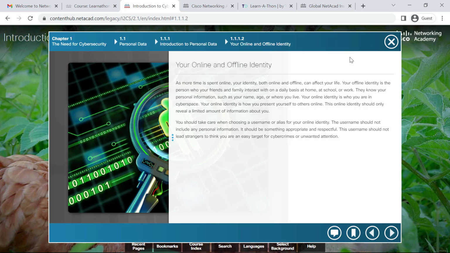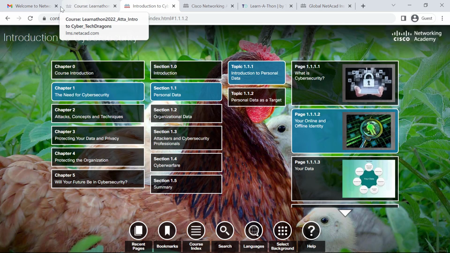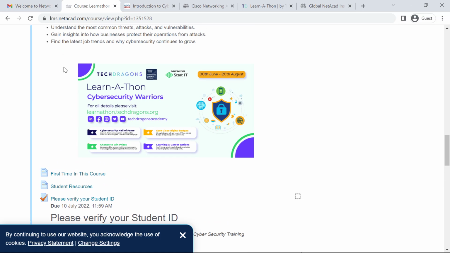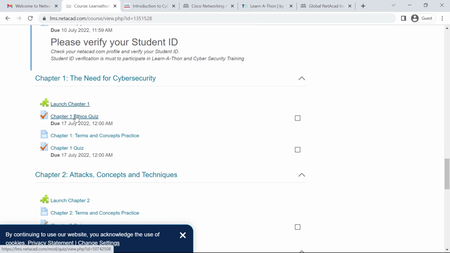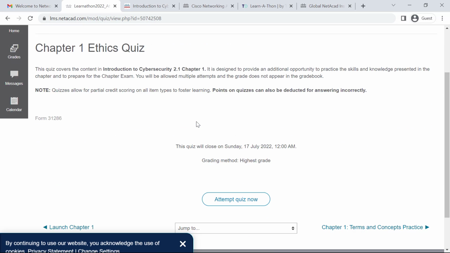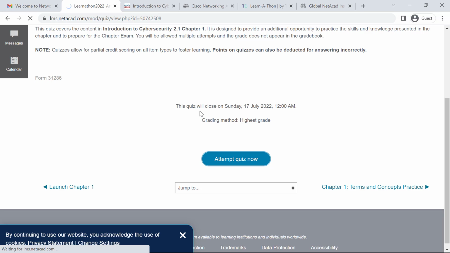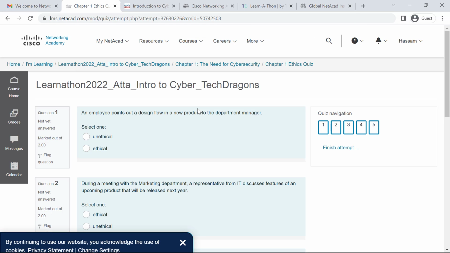And if you have studied all this content and now you are ready to attempt a quiz, you can simply close it, and you can go to your NetAcad profile and launch course, and then you can see there is a quiz. You can simply click on this quiz and attempt quiz now. There are different scenarios.